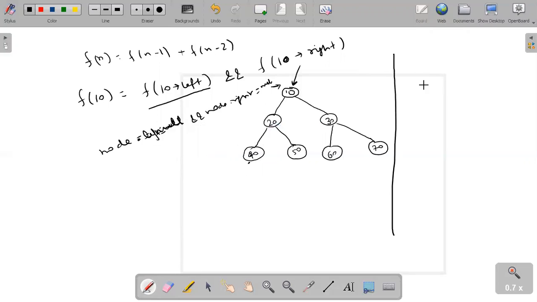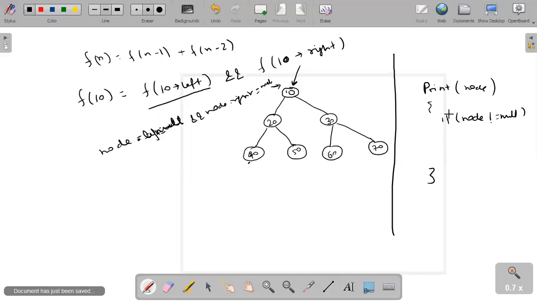Okay, so can I write this print function something like this? If I am passing some node, if node is not equal to null, then I'll do SOP of node.val, and then I'll call print of node.left and again print of node.right.